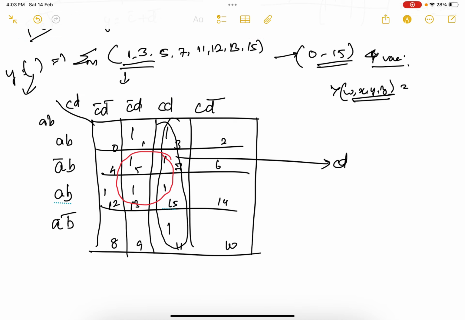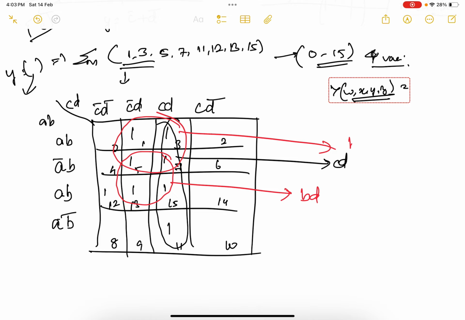Okay, for this I can make another quad. So for this quad, the common term will be B, and at the top the common term will be D. And this is another quad, and for this the common term will be B, and at the top the common